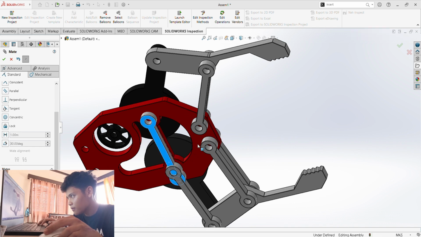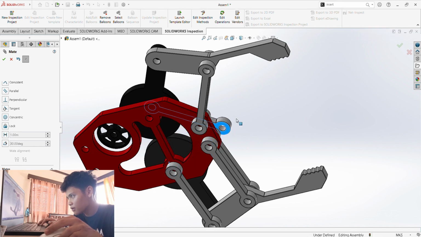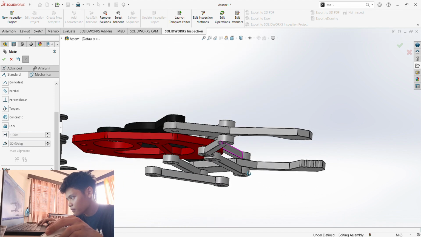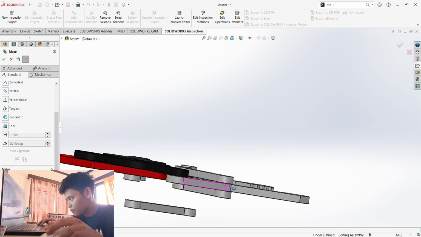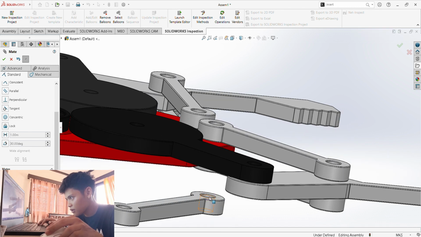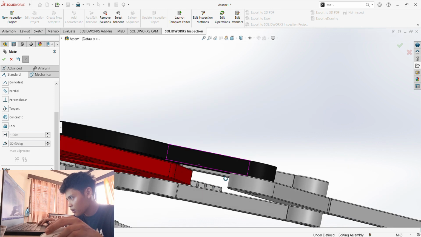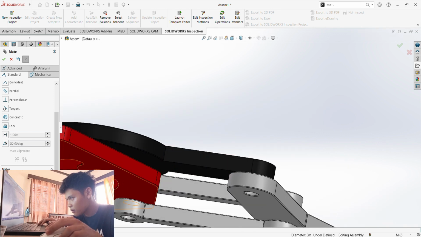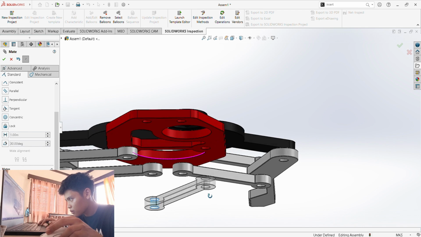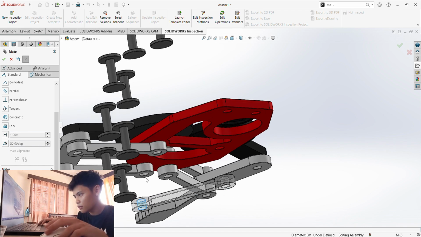And then let's get this down so it would be easier for us to make them. So this part here and part right here.